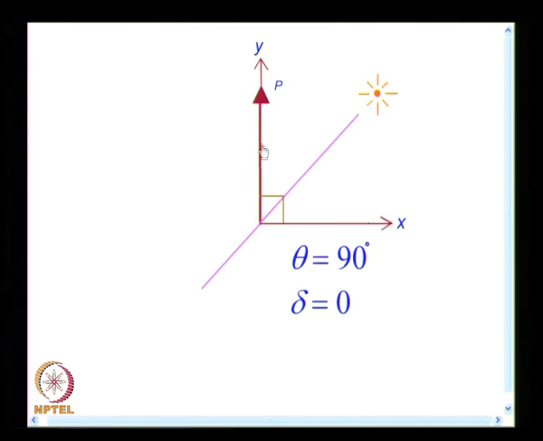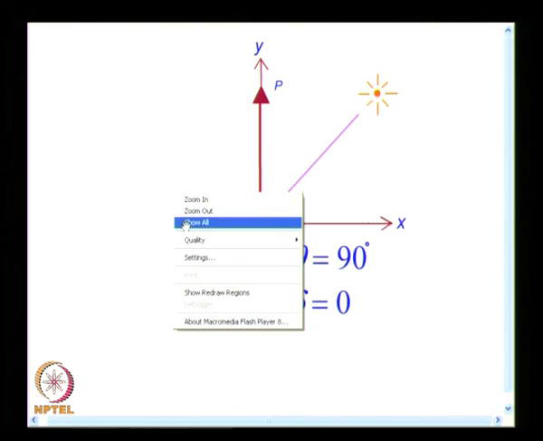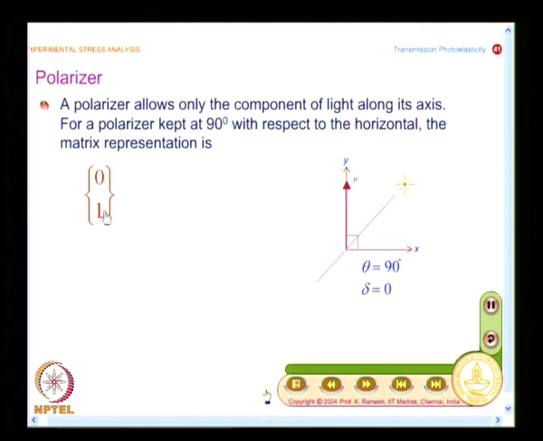I send only a component of light along the y axis is what my vector should say, and that is easily represented by 0, 1. A simple vector like this is sufficient to represent a polarizer, nothing more is required. Only when I come to a quarter wave plate, I need to have a look at